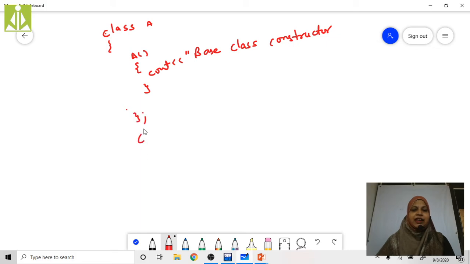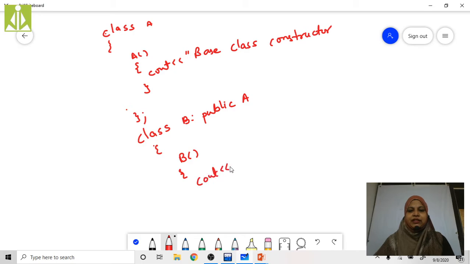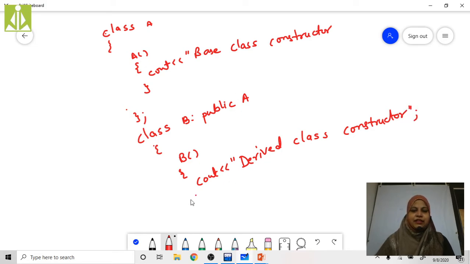Now I am creating one more class, class B, public A. In this case I am going to define the derived class constructor, cout derived class constructor, closing the braces, closing the class.